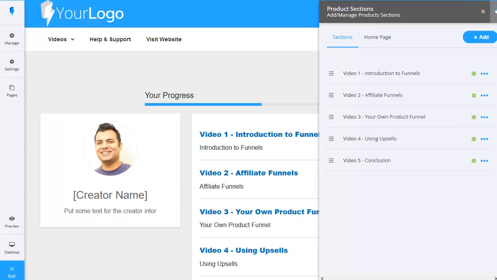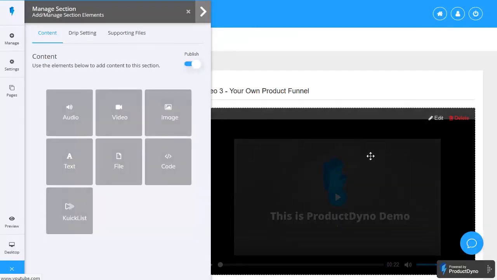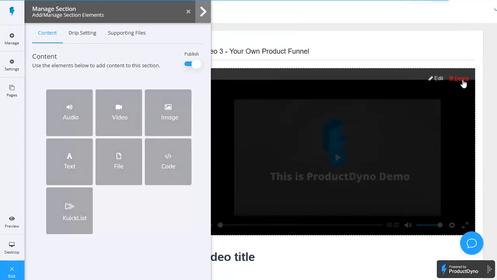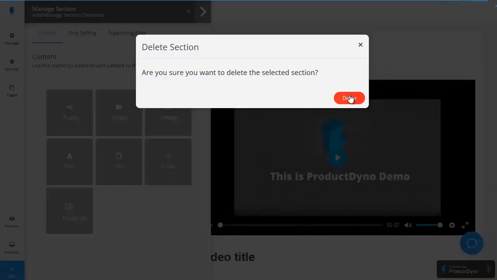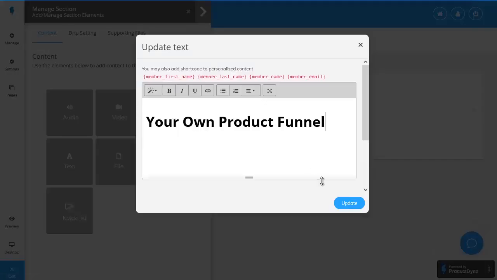And once you've updated your video titles, to actually pop the content in, just click on the link for that particular video. Let's use video 3 as an example. It'll bring up the video page. What I'm going to do is delete all the existing elements that I don't want, so let's just get rid of these. I'll keep the video title, so if I edit the video title, pop in the name for this